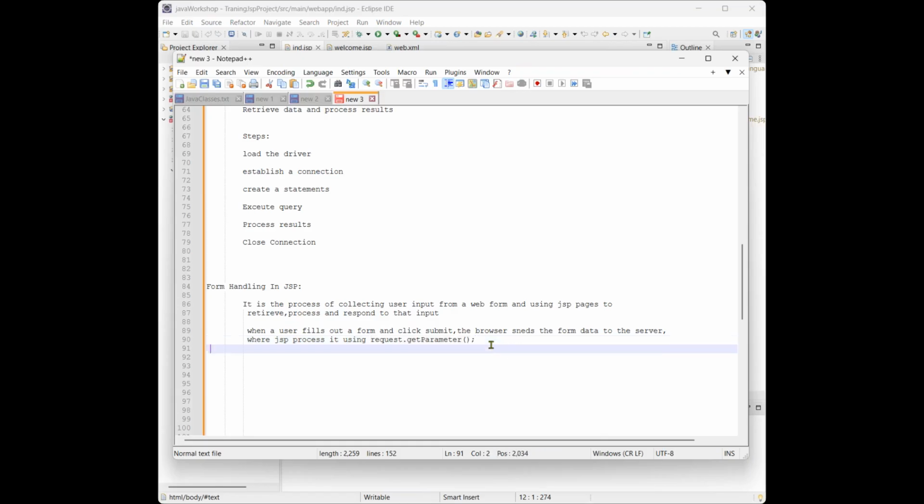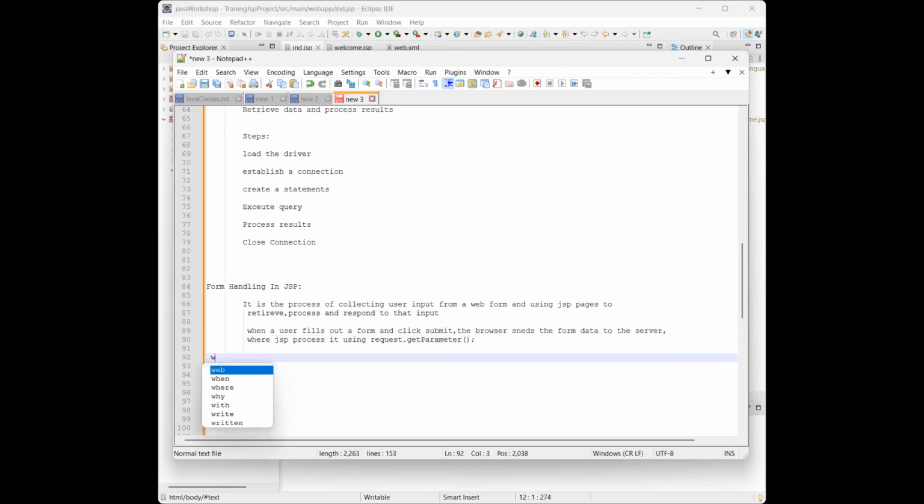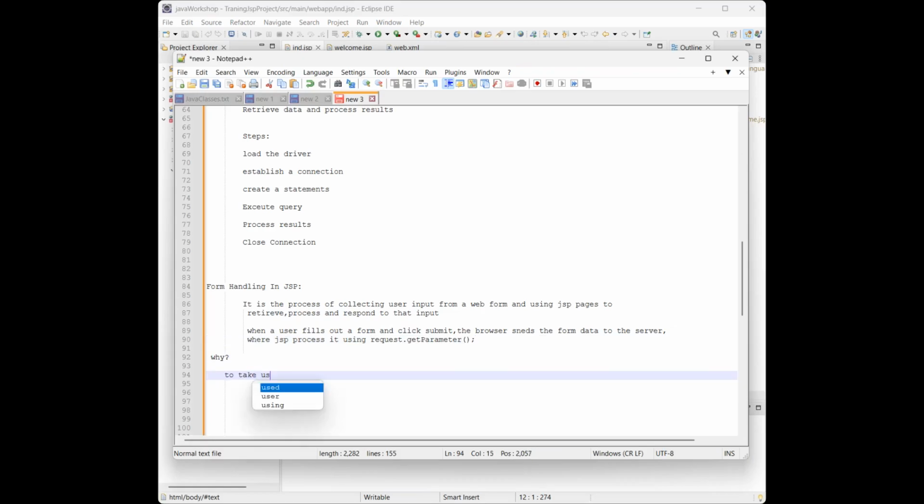So why are we using form handling? To take the user input, just like a name or email or age or anything. So to take the user input,